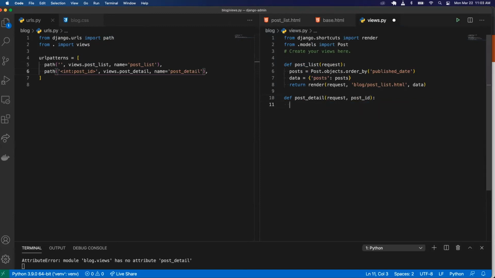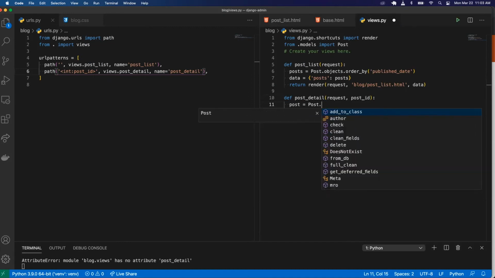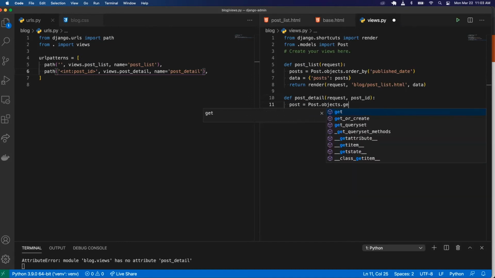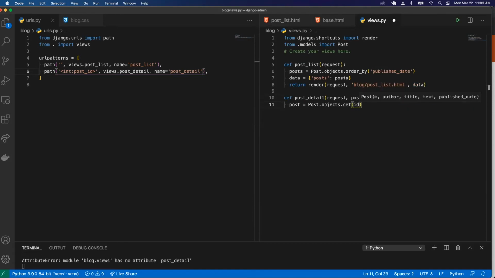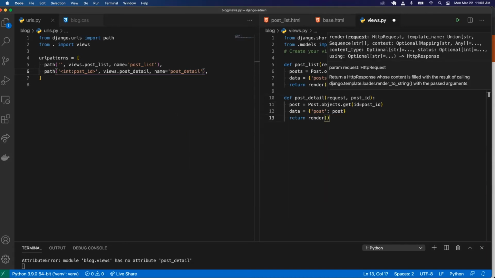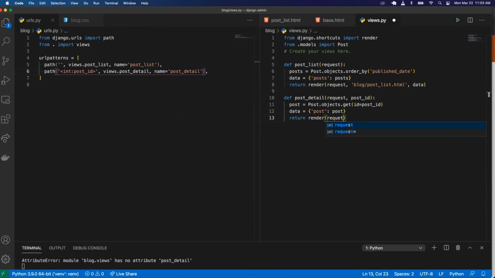Post ID. And then we want to grab the individual post equals post.objects.get. Say ID. We can say primary key. We can also say PK. That's the same thing. But ID equals post underscore ID. I'm going to do data equals post equals post. And I want to return the render method that takes in 3 arguments, the request,